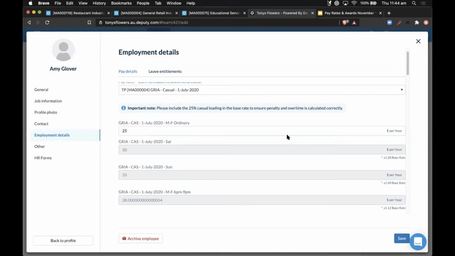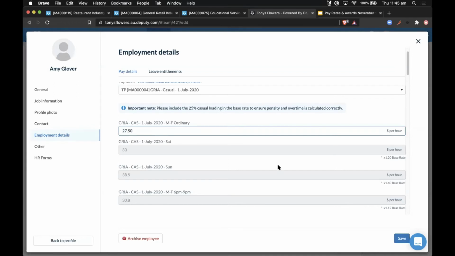One of the busiest times of the year for us and our support team is Fair Work Week, which is around July, and typically, the nature of the change will determine how easy or hard some of the processes are around changing pay rates. For example, let's say that next year, 2021, Gria only has a marginal change to the base rate pay, so it increases at a percentage rate. If that's an increase, then our customers simply have to select the new pay rate and change it to